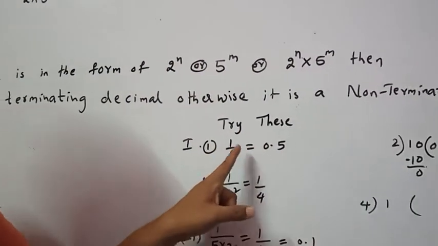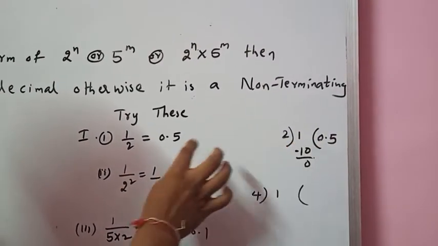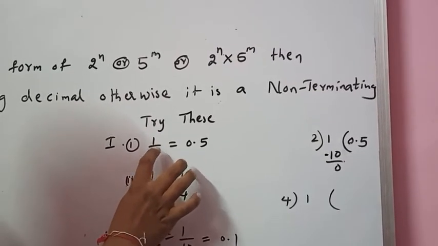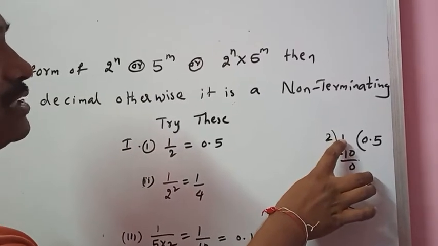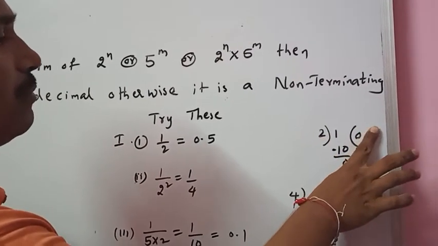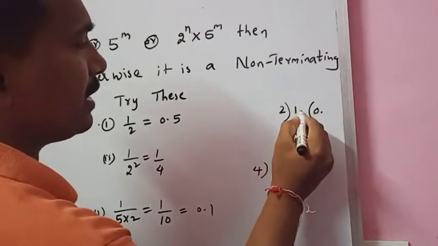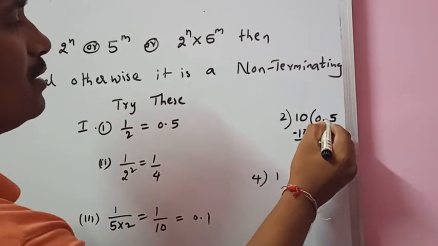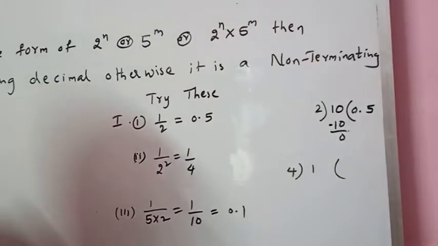Try this. 1 by 2. 1 by 2 means divide into decimal form. Divide 1 with 2. So here write 1. 1 is smaller than 2, so put 0 point. Put point, you can take here 0. Now 10. 2 5s are 10. 10 minus 10, 0. That is 1 by 2 equals 0.5.